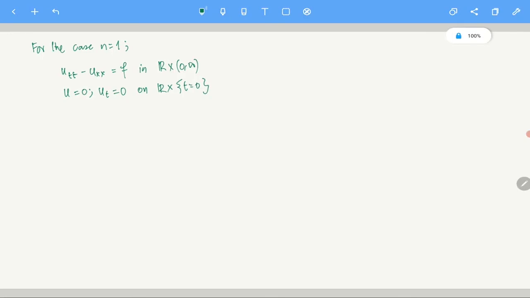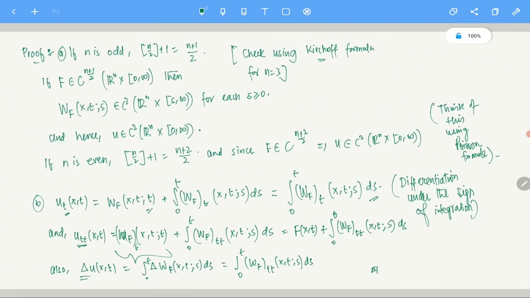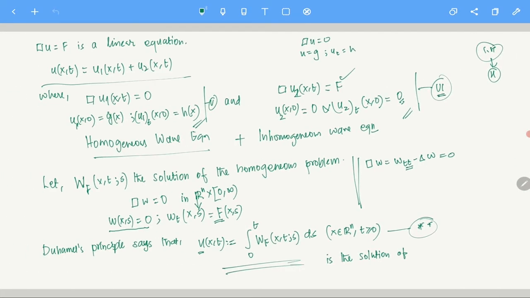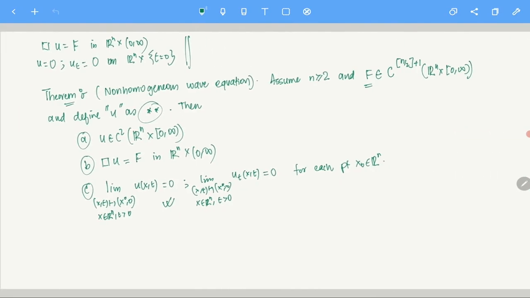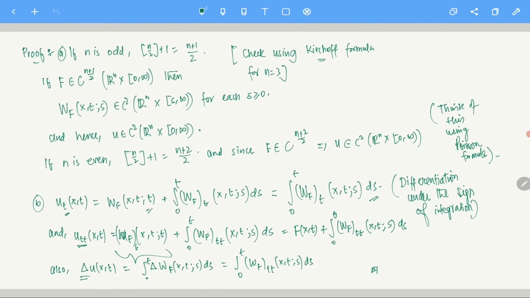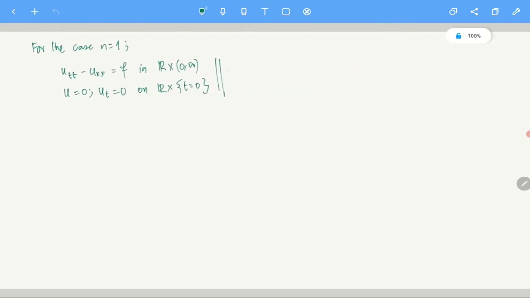So from Duhamel's principle, of course, from D'Alembert, first of all, you realize that if I want to solve this problem, what do I do? I first of all find out the solution of this. So let's say, I mean, you remember, I don't know what I put here. I mean, what is the last number? There are so many numbers. Sorry, this is 5. 5 is the last one. Or 6? I thought I put somewhere 6. No. So anyways, let's call it the problem P. That will be better. So let's say I want to solve this problem P.